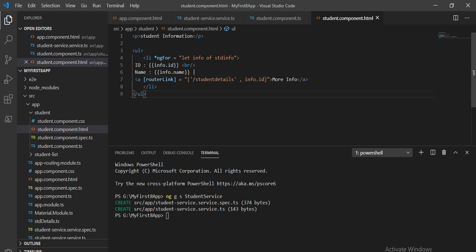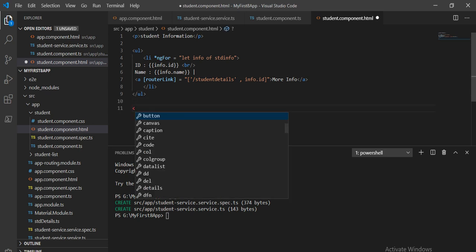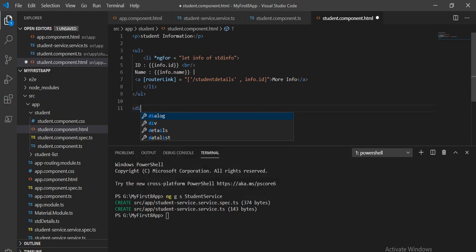And here, as I explained, if we use any router link we have to use the router outlet as well. So inside this, router outlet. So that is what we have done on this page.